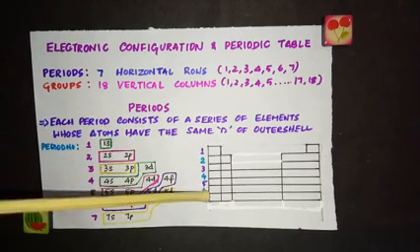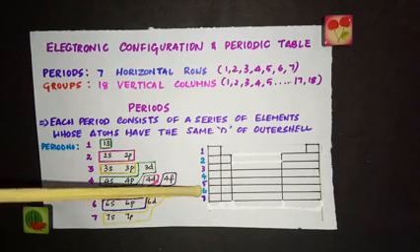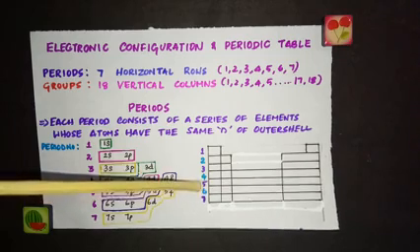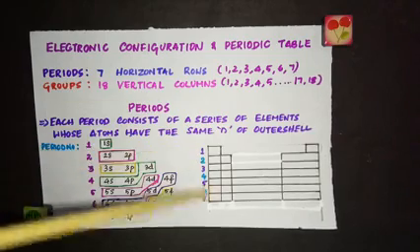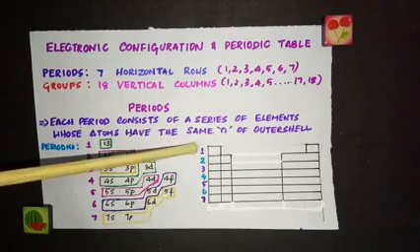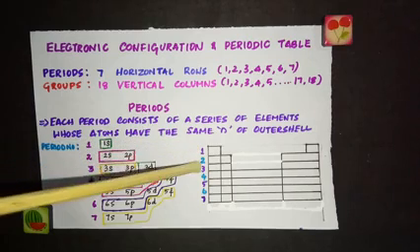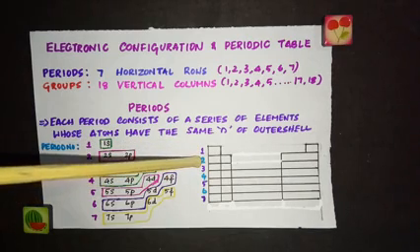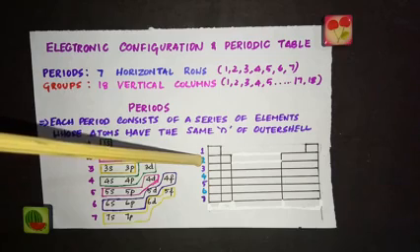If you pick an element from this period, for example 6th period, if you take the atom and see the electronic configuration, the last electron will be in the shell where n is equal to 6. So these numbers represent the principal quantum number, which is represented as n. So the first period corresponds to the filling of electrons in the first energy shell. Second period corresponds to the filling of electrons in the second energy shell, that is when n is equal to 2.